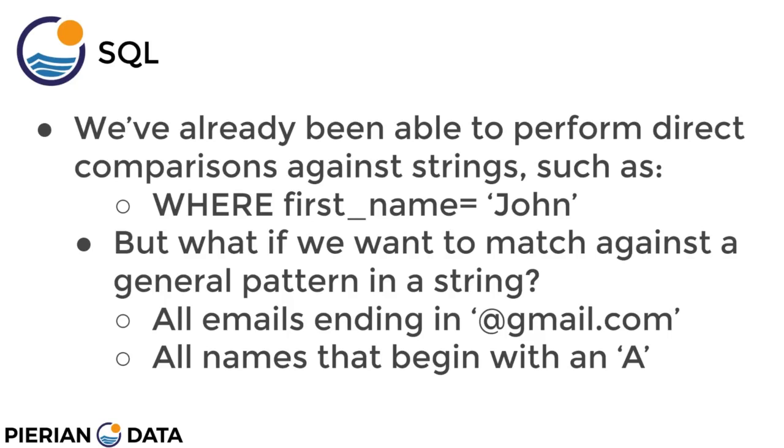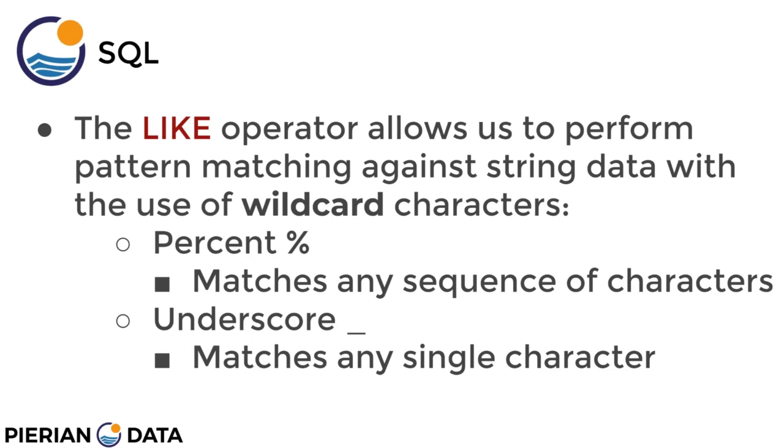We've already been able to perform direct comparisons against strings, such as where first name is equal to John. But what happens if we want to match against a general pattern in a string? That enables us to answer questions such as all emails ending in @gmail.com, or all names that begin with a capital A. The LIKE operator allows us to perform pattern matching against string data with the use of special wildcard